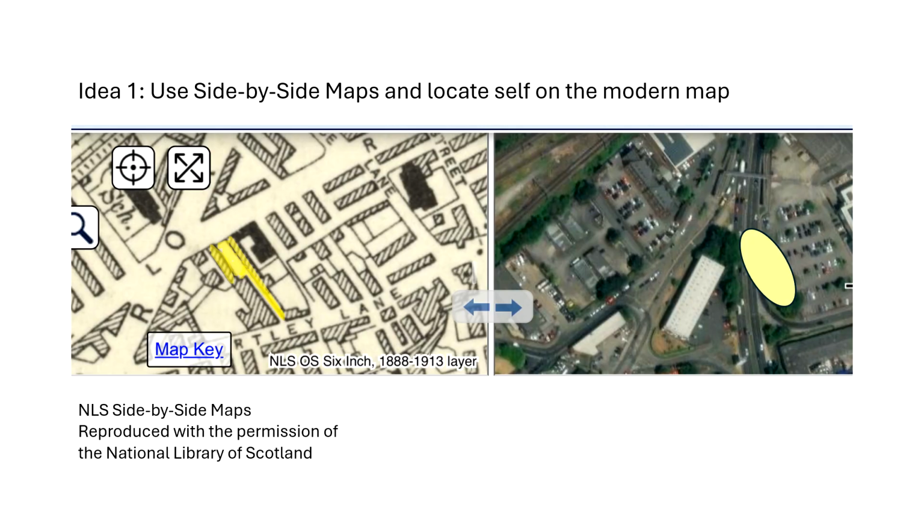So I left the playground, and if you look in the modern satellite map, you can see a long, thin, rectangular building with some trees next to it, and then a triangular plot of land which is formed by the roads joining the dual carriageway. I went and I stood on that triangular plot of land, and you can see the school there. So I was standing looking at the back of the school, and that's when I got up side-by-side maps